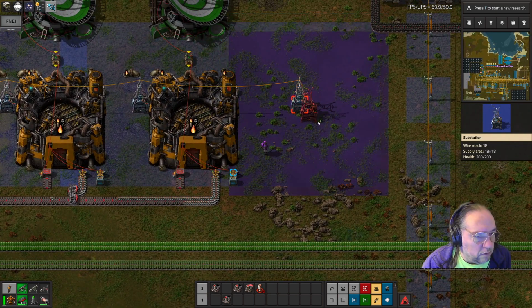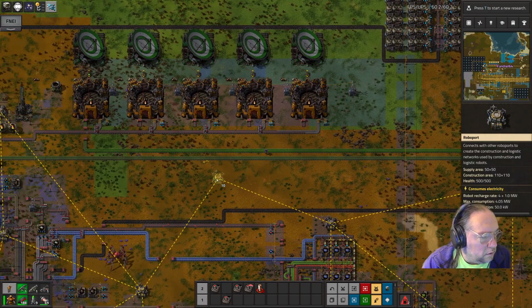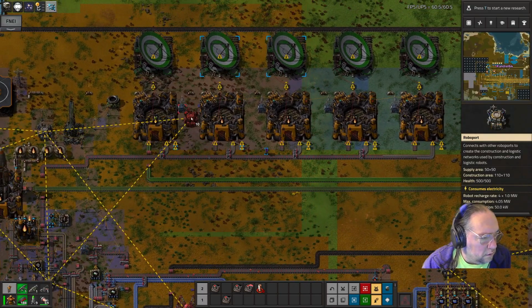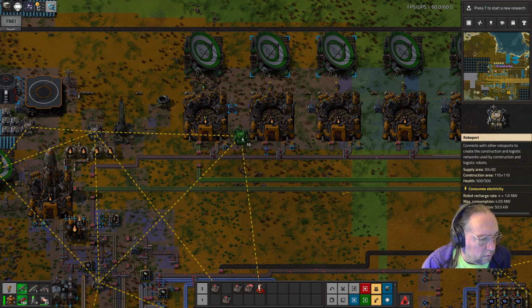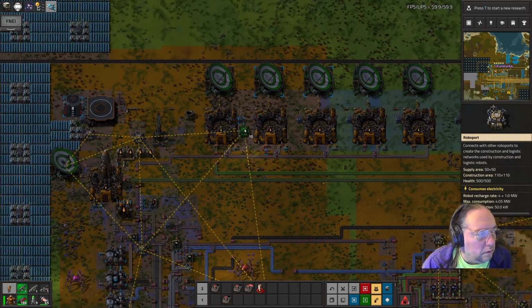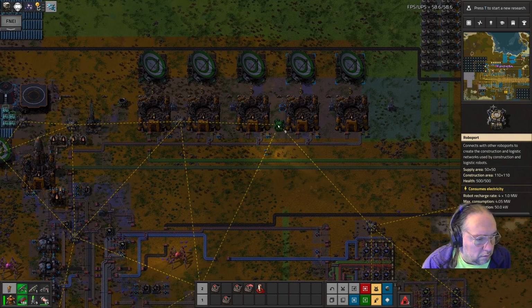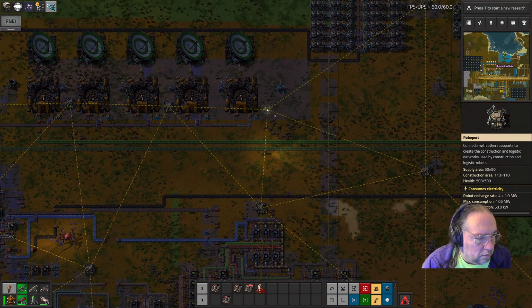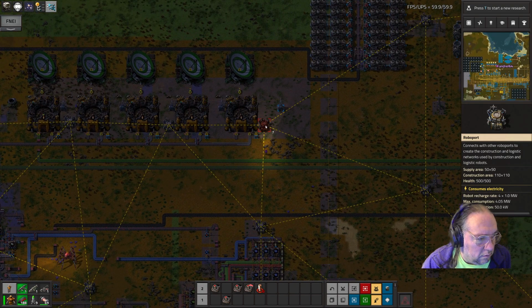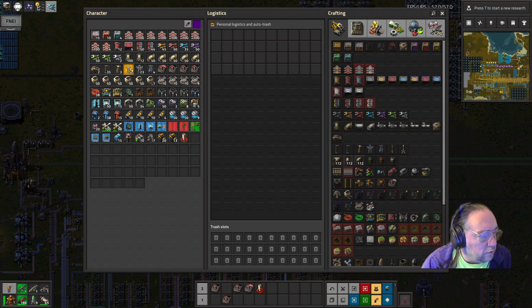And we may have to move this one if we have to put in another, but that's okay where it is for now. All right, we need to also put in roboports. So let us... right now they're hooked into the system. Now all we have to do...